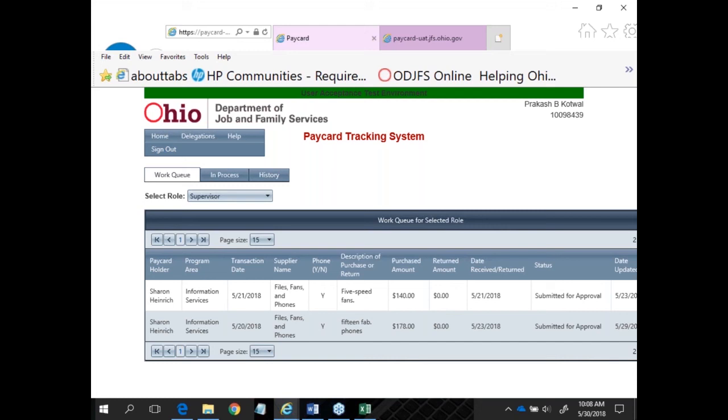That happens a lot. So the question from the floor is, I am a Pcard holder and I am in one institution or one office today, and then tomorrow I get transferred somewhere else. So the admin role, which I am,